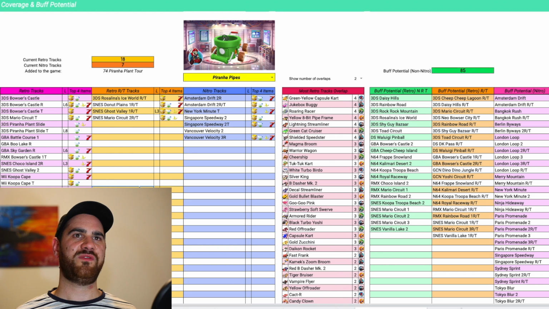So looking at its overlaps, it has 4 with the Green Yellow Capsule, the Jukebox Buggy, Roaring Racer, the Yellow 8-bit Pipe Frame, the Lightning Streamliner, the Green Cat Cruiser, and the Shielded Speedster. Then it has 3 with the Magma Broom, the Warrior Wagon, the Silver King, which is interesting to see there, the Strawberry Soft Swerve, the Armored Rider, the Red Off-Roader,